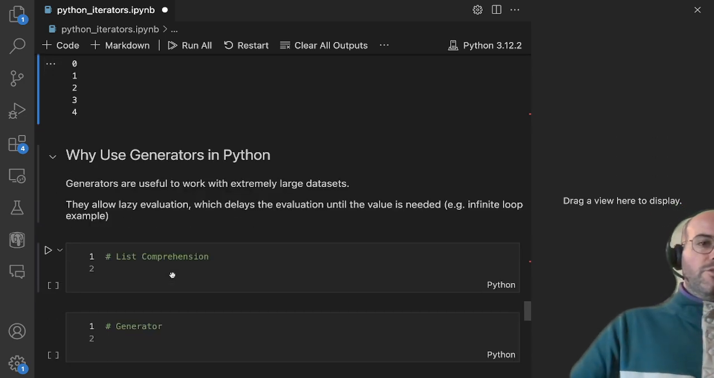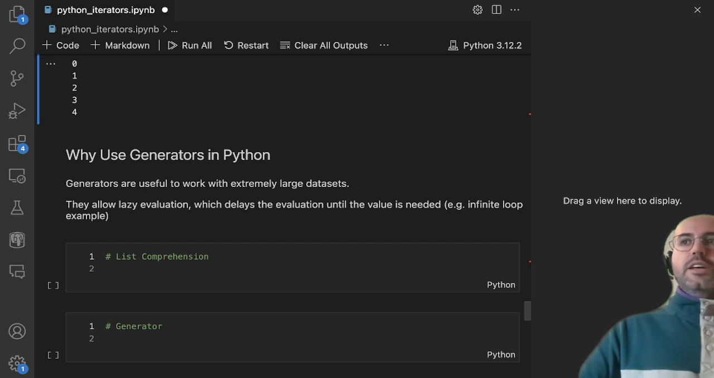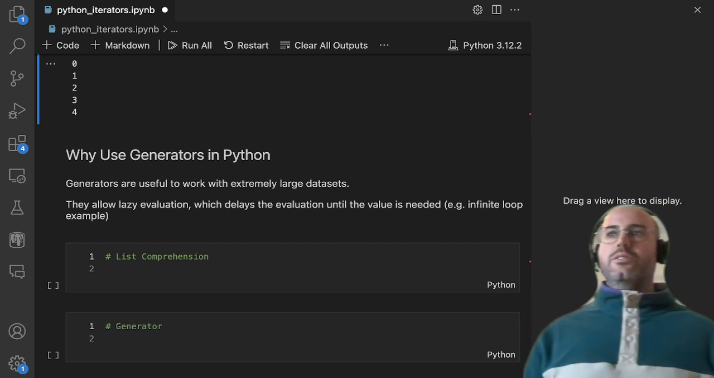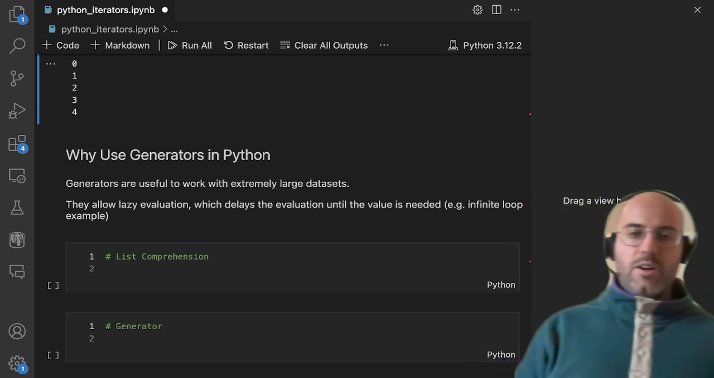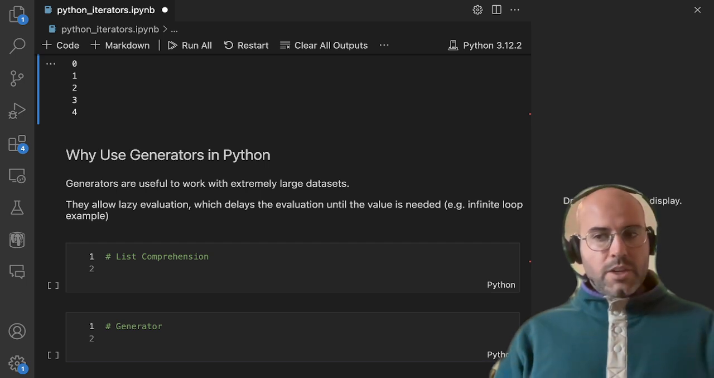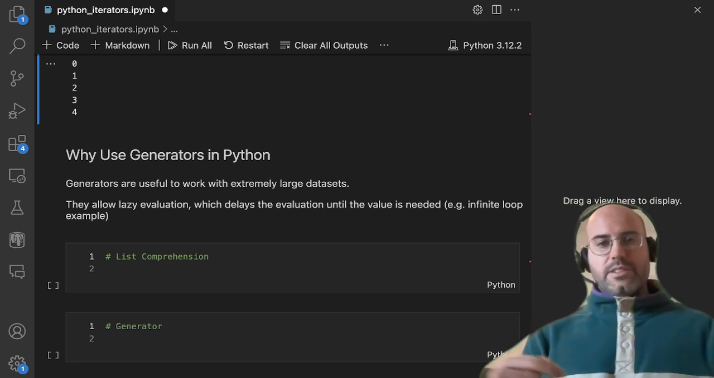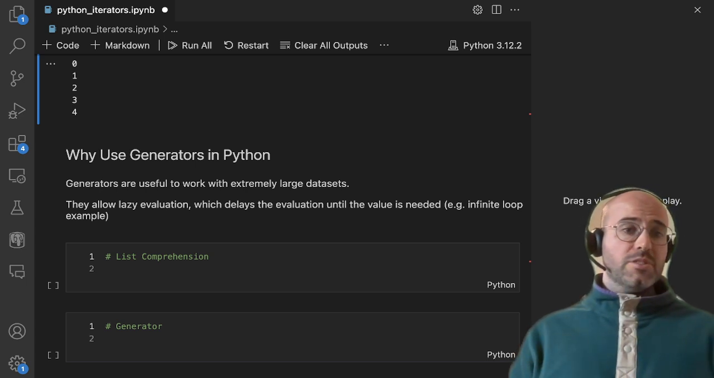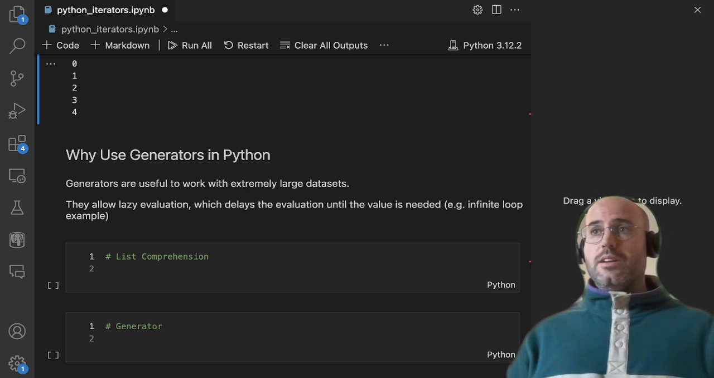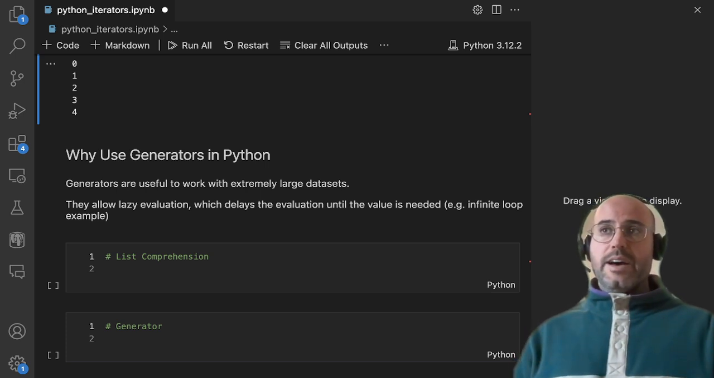So why should you use generators in Python? It is super useful when you work with extremely large data sets. If I have a file with 10 billion rows, you might not want to load those 10 billion rows straight up in your computer. Maybe you want to load just 10 rows instead. So let's see